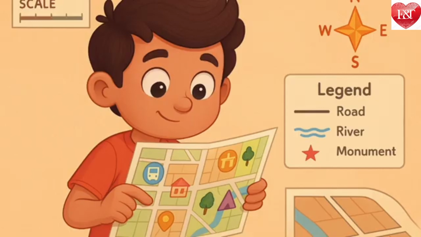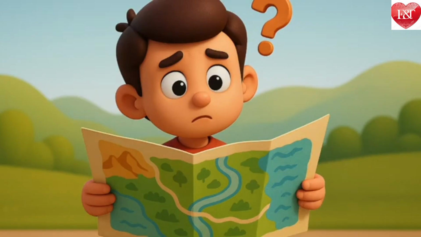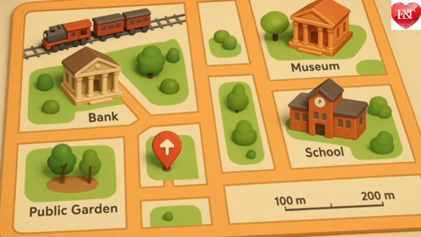In addition, there are 3 important components of maps: distance, direction and symbols. You have already experienced the first 2 while navigating the map. Let us now define them more precisely. Have you ever wondered how a huge place can fit on a small piece of paper? It is all thanks to the map's scale.